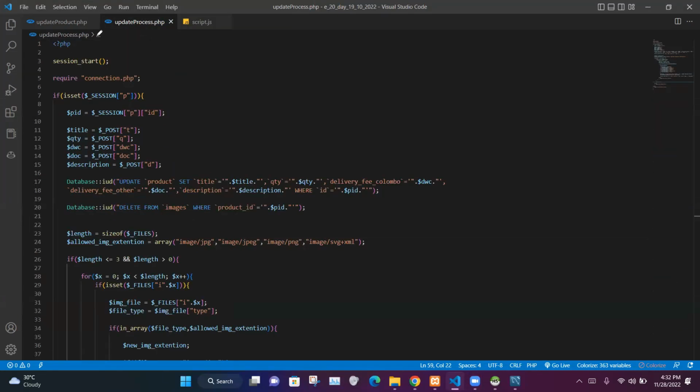In our update process.php file, here we have started a session, and also we have imported our connection.php file into this update process.php file. Then here we have checked whether the session has a product or not. If it has a product ID, here we have taken that product ID and stored that value in the $PID variable. After that, we have taken the rest of the data which has been sent using the form to our update process.php file and stored them in these